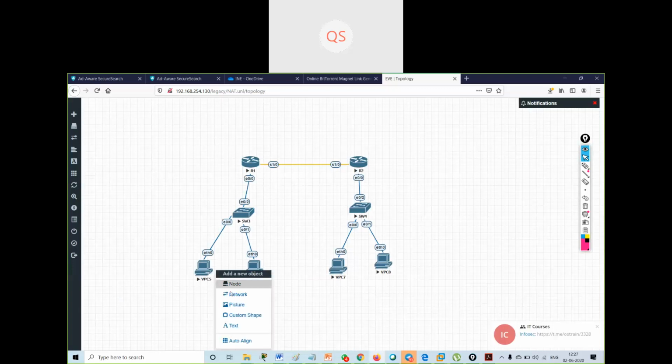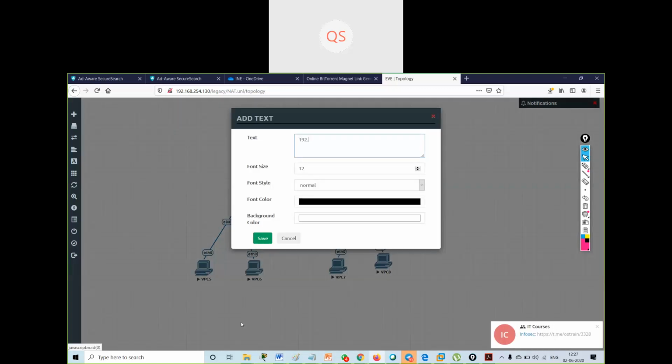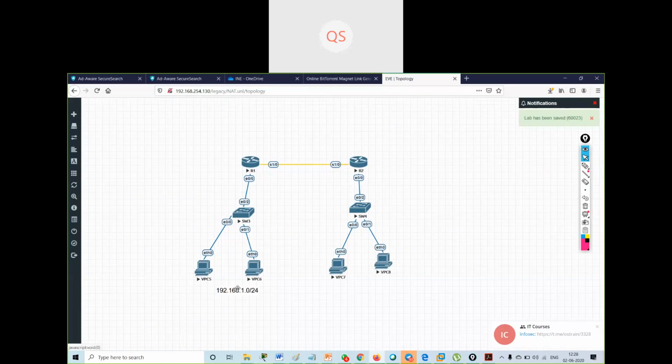Over here I will be using 192.168.1.0/24 network, and these will be my servers, some servers that are kept over the internet, 200.1.1.0/24.